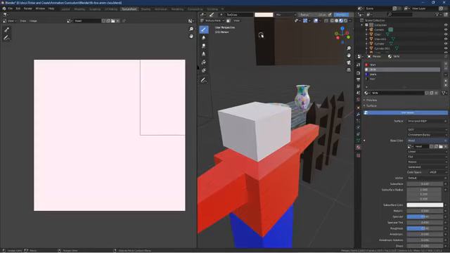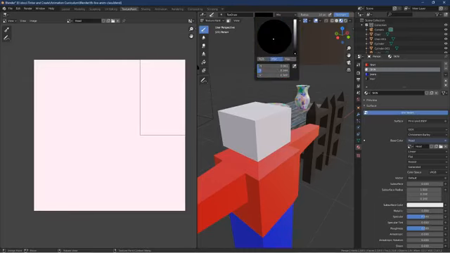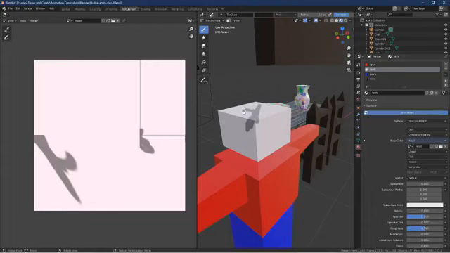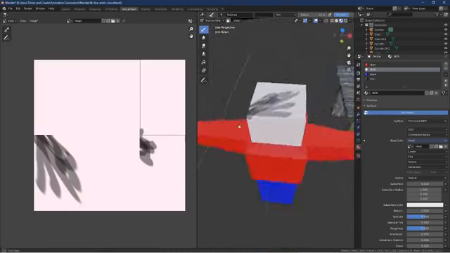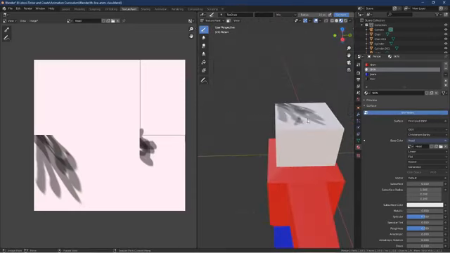actually start painting it as we did before, but this time I'm going to paint it directly onto the head here. So as I start painting it on this side, you'll see it actually appears over on the other side at the same time. But the advantage of me doing it like this is that I can make sure that I am painting it along the actual seams. So that way it looks correct,